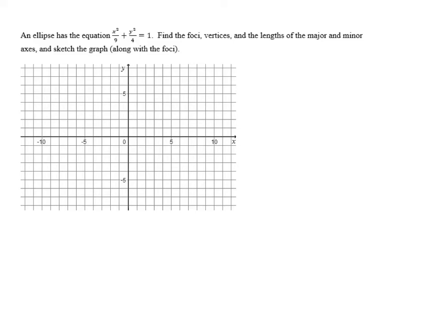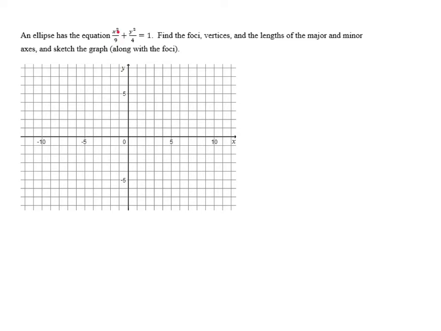An ellipse has the equation x squared over 9 plus y squared over 4 equals 1. Find the foci, vertices, and the lengths of the major and minor axes, and sketch the graph along with the foci. Here, we can recognize this as the equation of an ellipse centered at the origin,